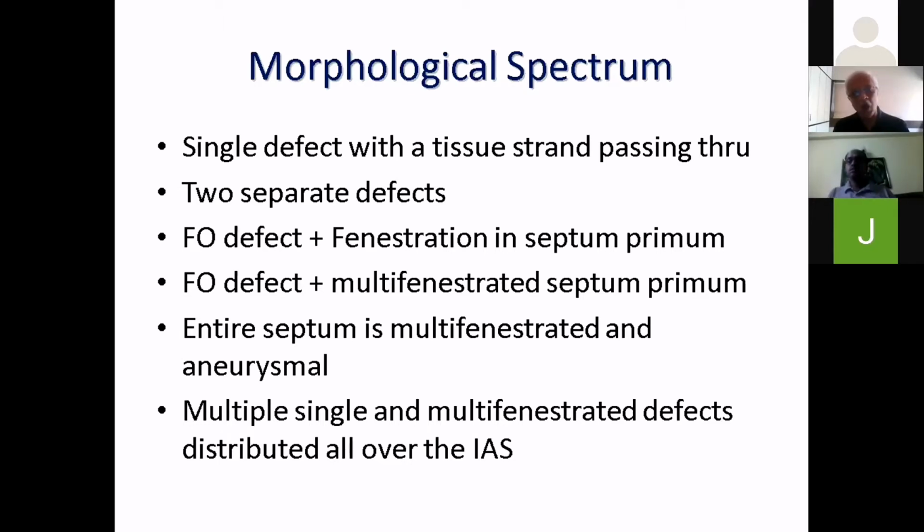Or you may have a fossa ovalis defect with multiple fenestrations in septum primum. The entire septum may be multifenestrated and aneurysmal. And you can have multiple single or multifenestrated defects distributed all over the interatrial septum. And I'm now going to show you examples of each one of these